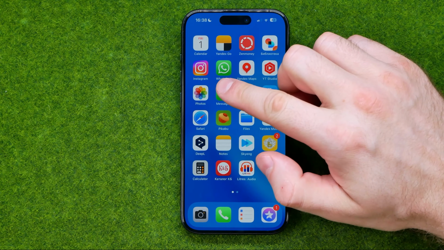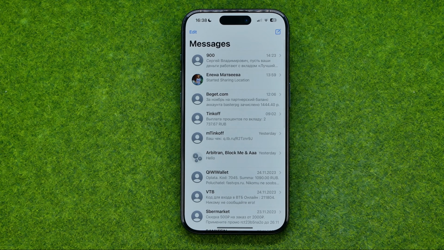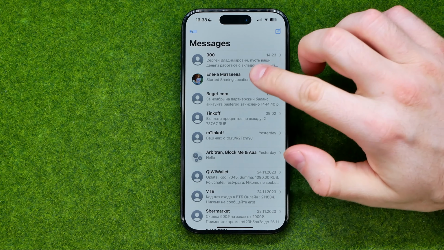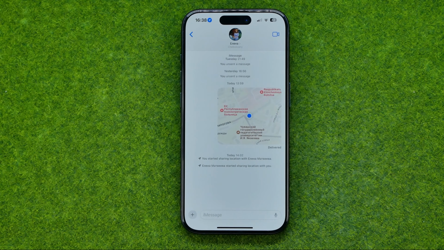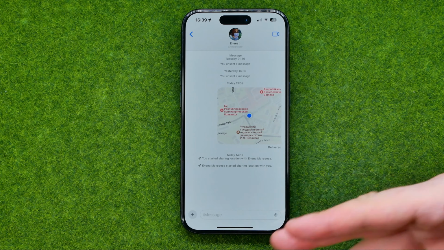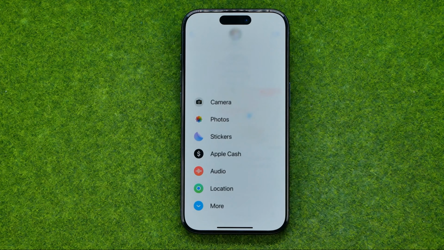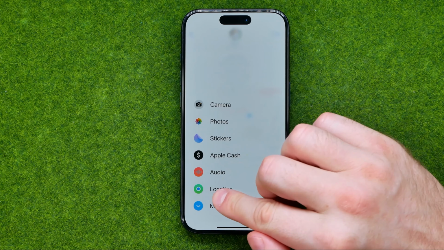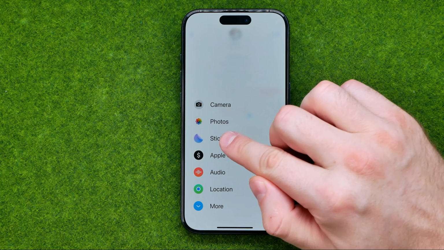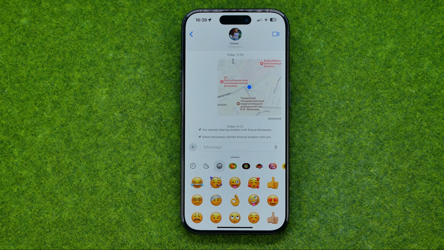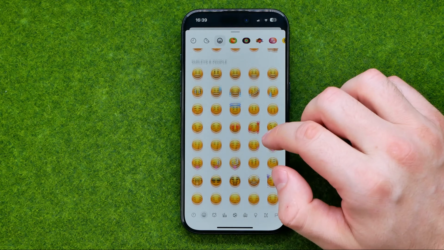Let's get started, and first off, open up Messages, then enter a conversation, and then all we have to do in order to send a sticker to a conversation is just tap right here at that plus, then tap add stickers right over here, and after that we'll be able to select any emoji,